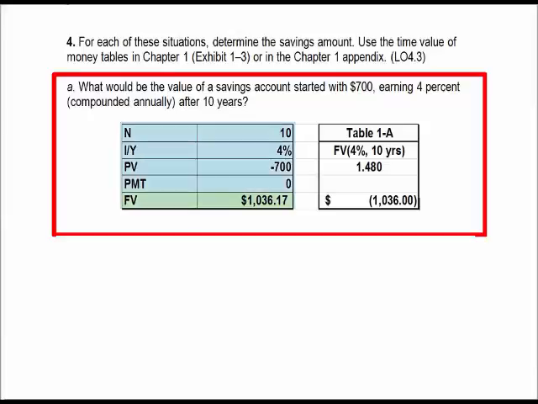In your calculator, N is 10 years, IY is 4, present value is a minus 700. You're investing it. It's an outflow. Payment is 0. You're not adding anything to it. Solve for future value,